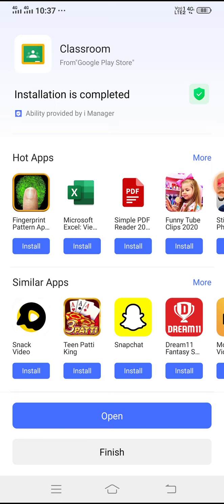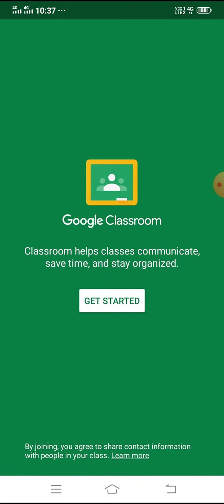After this, open it. See, you will see the Google Classroom application screen like this. For starting it, you have to click on Get Started button.